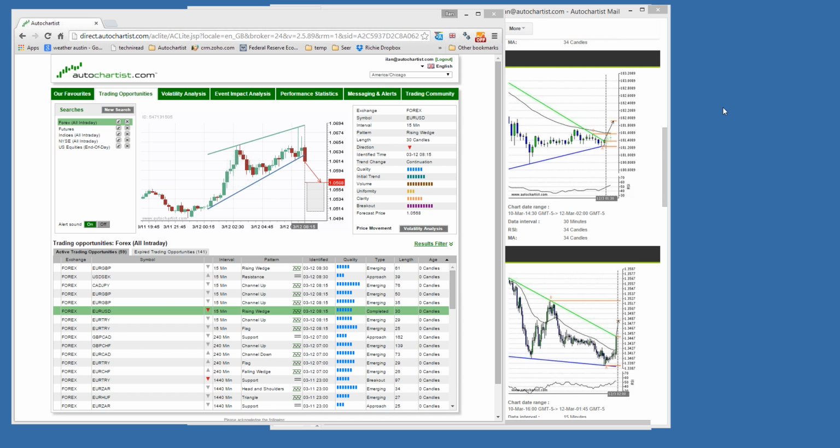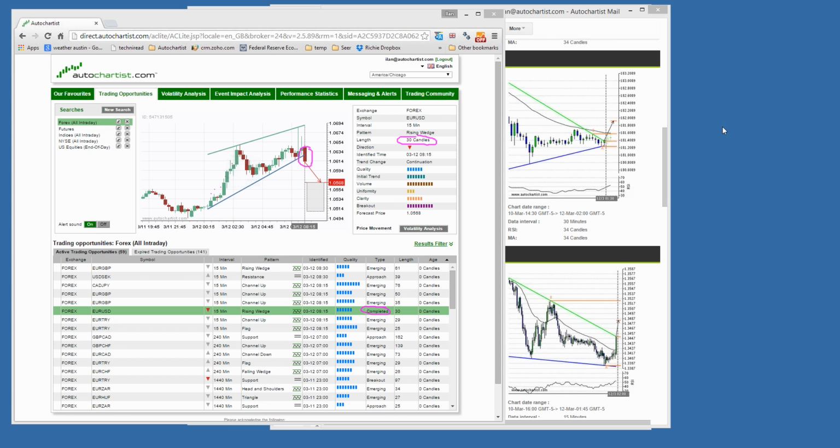Okay, the length is very simple. If I'm looking at this opportunity here, the length is 30 candles in length. That means that 30 candles, 1, 2, 3, 4, etc. made up this pattern. So that's quite an easy one to explain. Now, you're asking about completed and emerging. Completed means it's actually a breakout. We're actually in the process of renaming the word completed to breakout, right? So you can see quite clearly that euro dollar has broken out through the support level, okay? And we forecast it down, right?